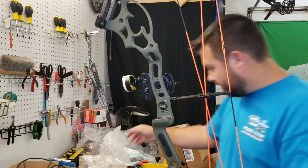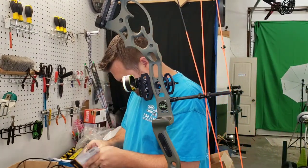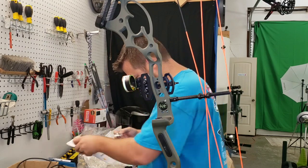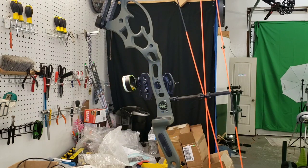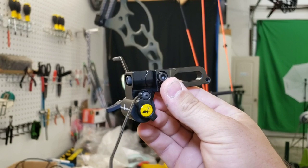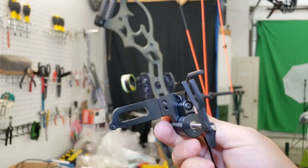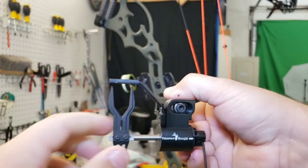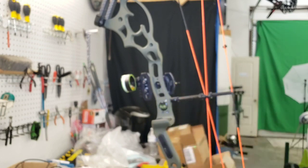Forgot what I was doing. Rest. Get this joker out of here. If you hadn't seen one, let me unwrap the cord. They retail for about 60, 65 bucks, but it flips down, locks up, whole 9 yards. It comes with felt for the launcher. It's got the bar above it. Anyway,